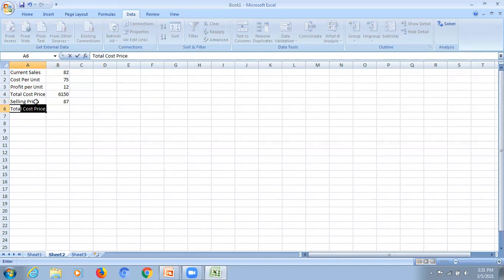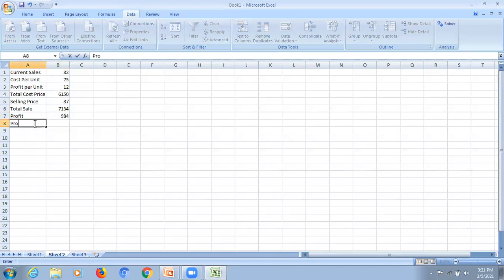So total sale would be equal to 87 multiplied by 82, the number of units. So what is the profit? Profit will be selling price minus cost price, that is 7134 minus 6150.